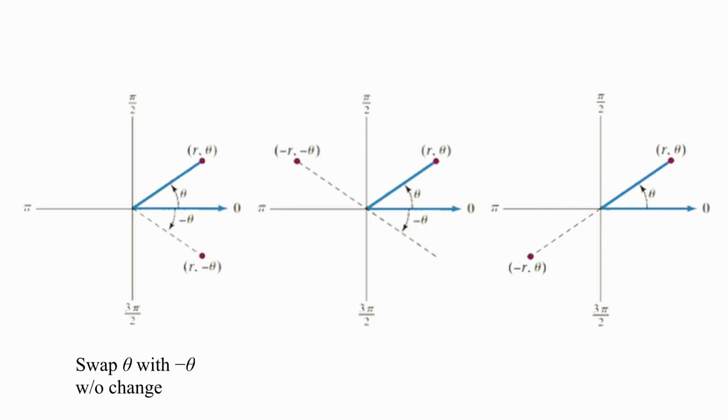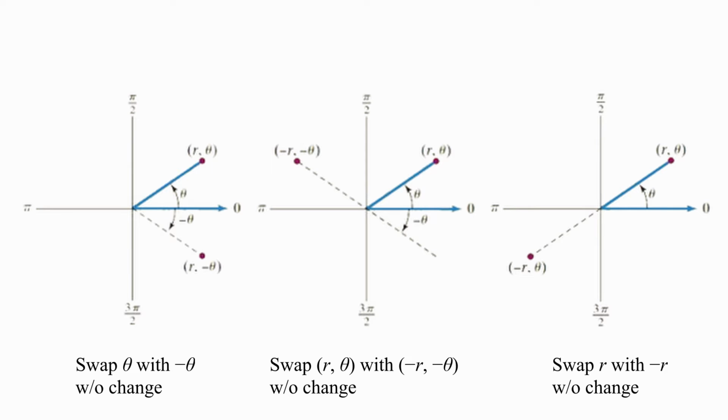In our second case, if we're looking at symmetry with the angle pi over 2, that is, we're looking at symmetry with the vertical axis, thinking rectangularly. So we can get that by switching both r and theta with negative r and negative theta and getting back the same value, essentially getting back something equivalent. And then finally, for symmetry with the pole, we're looking for symmetry with the origin, and that will occur if we can flip the value r. That is, if we can make r negative r and not affect a meaningful change on the behavior